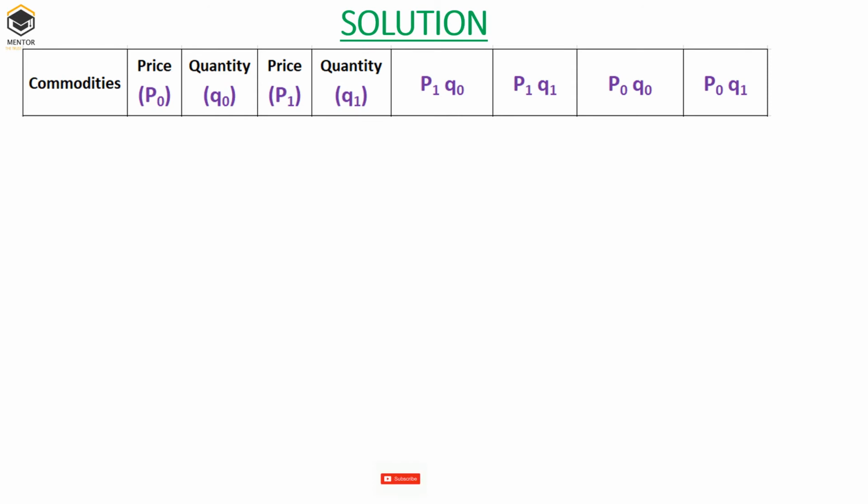With respect to this, we will be having the combination here in 4 columns. So this column P1 Q0 and so on till P0 Q1, all these combinations you will be having in the Laspeyres and Paasche methods. If you know the formulas of the Laspeyres and Paasche methods, we can easily derive all the formulas and we can do the calculation as well. So these are the columns of my tabulation.